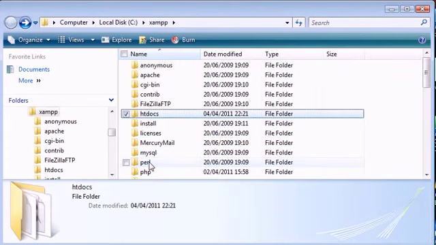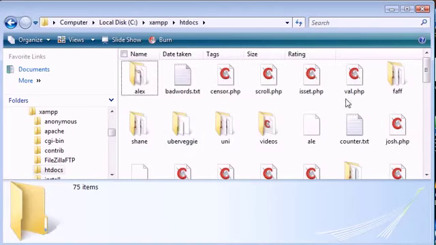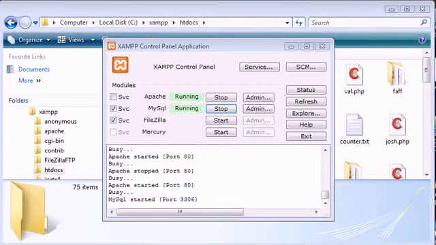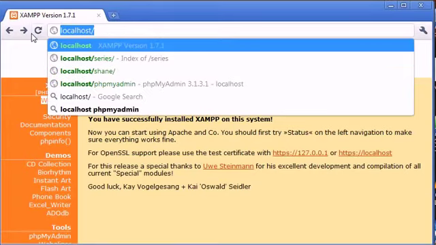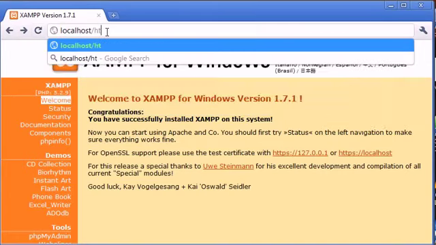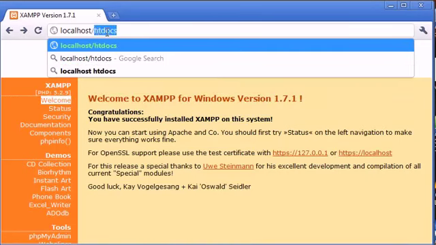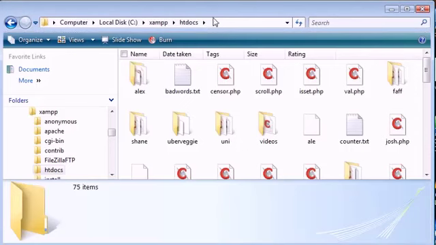Okay, so htdocs is the folder that I want to focus on in this tutorial because we're going to be creating our first file. Now inside htdocs, at the moment it's a bit of a mess for me. I've got a few files in here, but we want to create our PHP file in here. So let's just open up our browser. So you know now that we access our local server from localhost. Now we don't need to do localhost/htdocs/ and our file, because htdocs is the root directory, if you like, for where